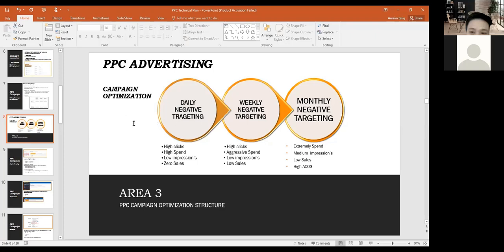So here is the important part: what you can do on a daily basis is daily negative targeting. How can you check your daily negative targeting? Look for high clicks, high spend, low impressions, and zero sales. If you launch an auto campaign and you see high clicks, high spend, low impressions and zero sales,